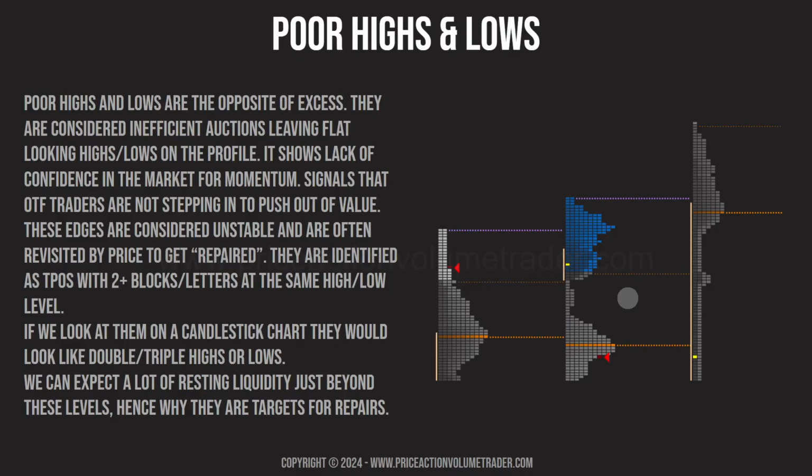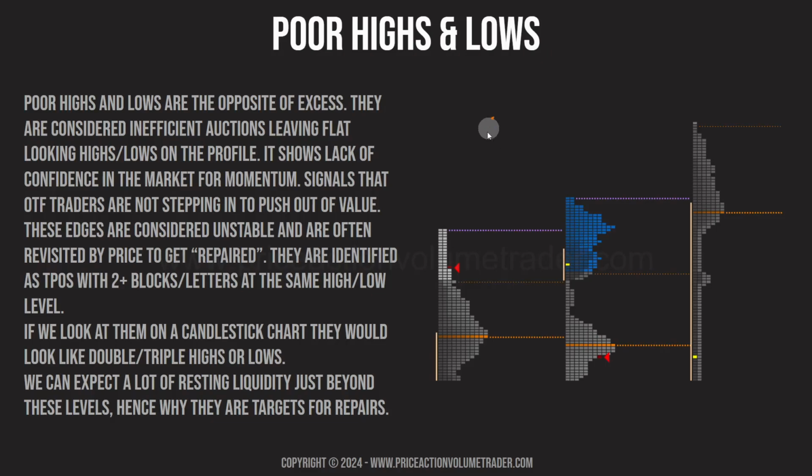It shows lack of confidence in the market for momentum and signals that other time frame traders or the big players are not stepping in to push out of value. These edges are considered unstable and are often revisited by price to get repaired. They are identified as TPOs with 2 or more blocks or letters at the same price level, at the same high or low. So for example here,